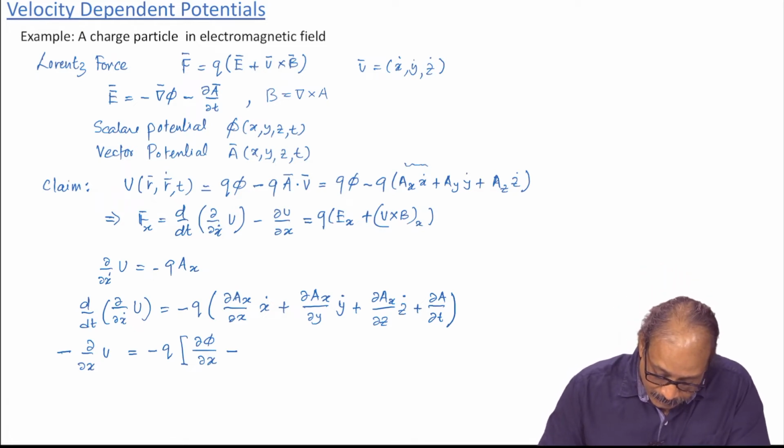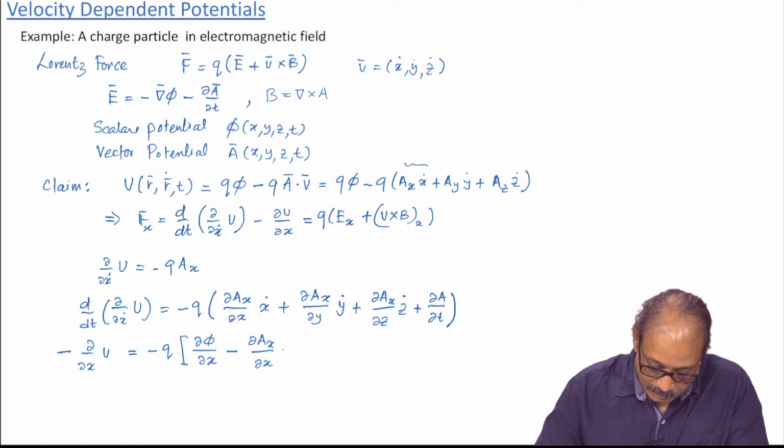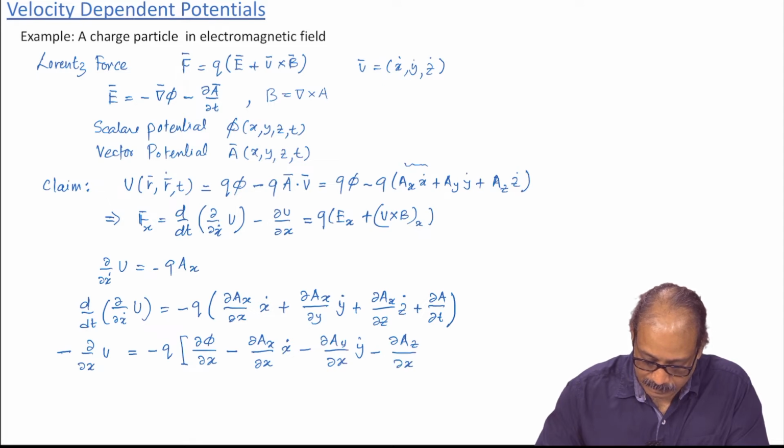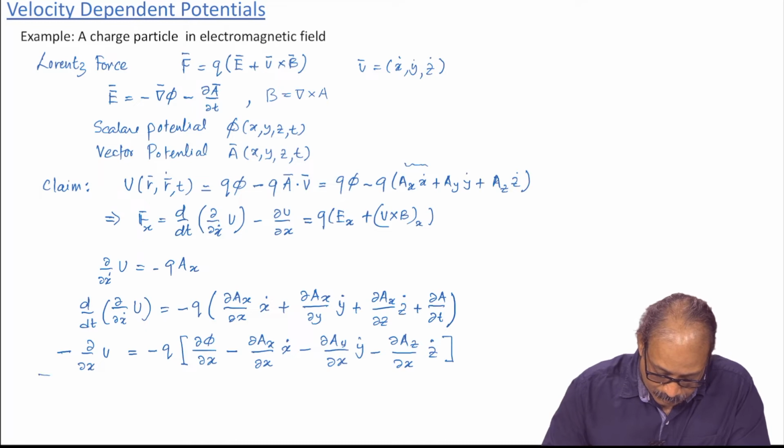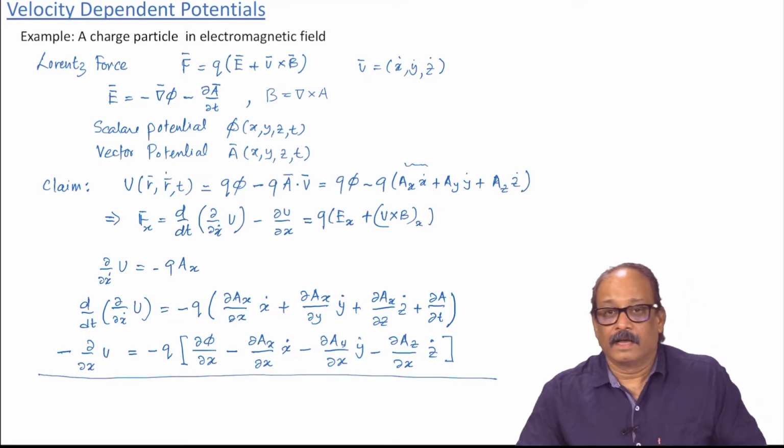So, that would be del A x with respect to x into x dot minus A y with respect to x into y dot and minus A z with respect to x into z dot,